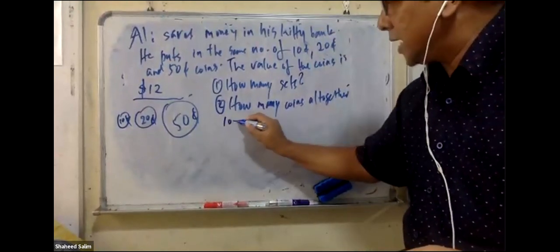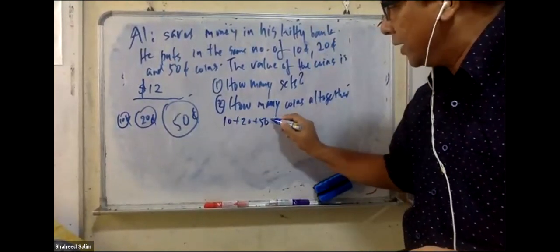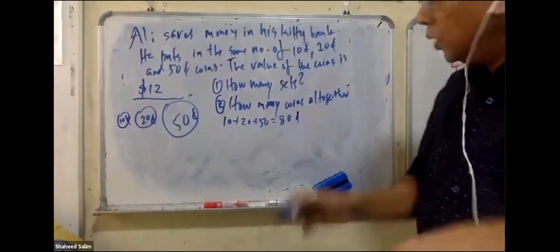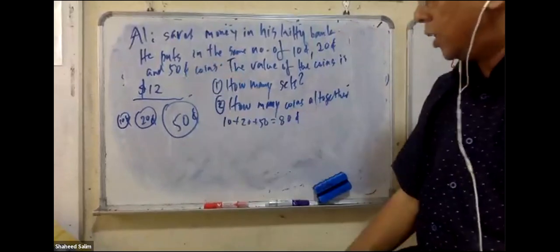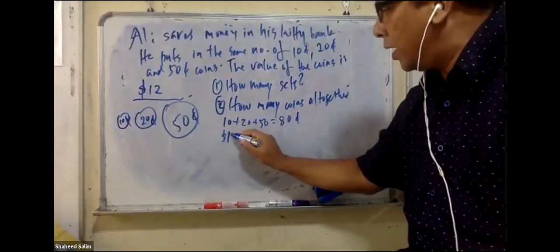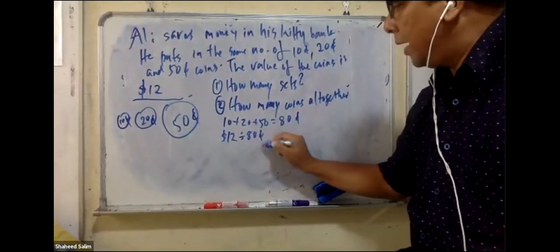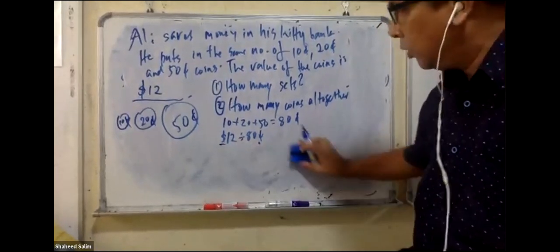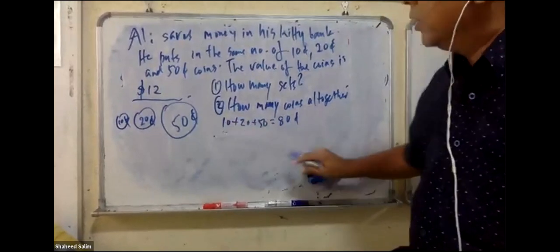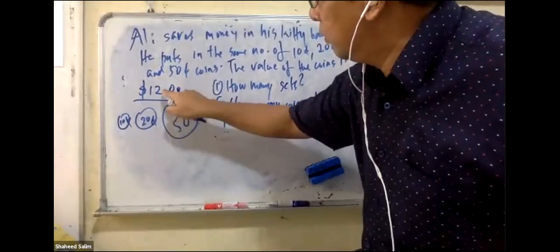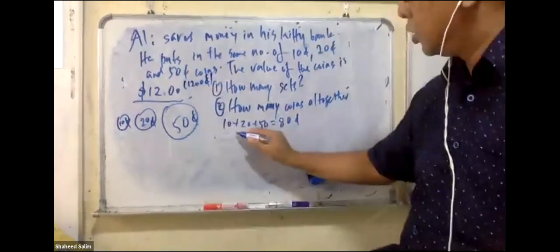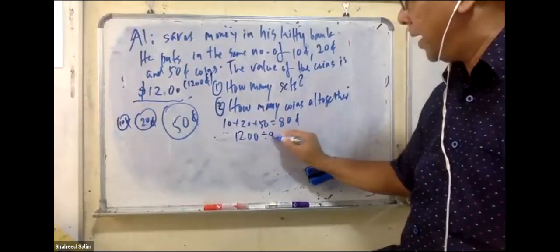Now, down here now, you find out what is one set. We do step by step, okay? I'll give you another question after this. One set is 10 cent, plus 20 cent, plus 50 cent, 80 cent. This is one set. We want to find out how many sets are there in $12. So now don't take $12 divided by 80. You cannot take, must make same unit. Dollar divided by cent, cannot, you can't confuse. Must have the same amount. So $12 is, remove the dot, you become 1,200 cent.